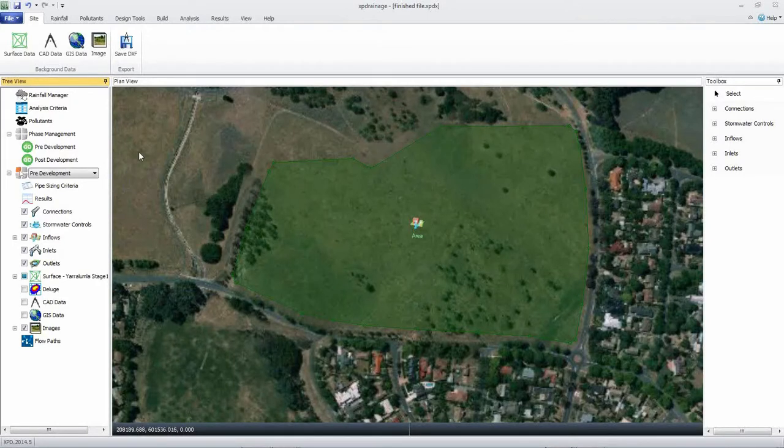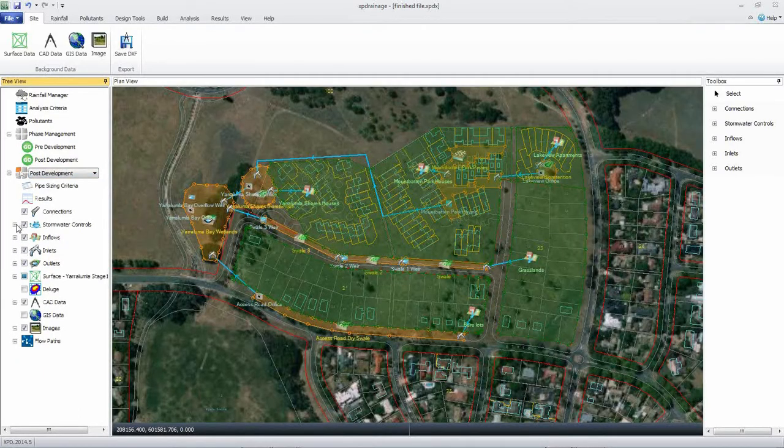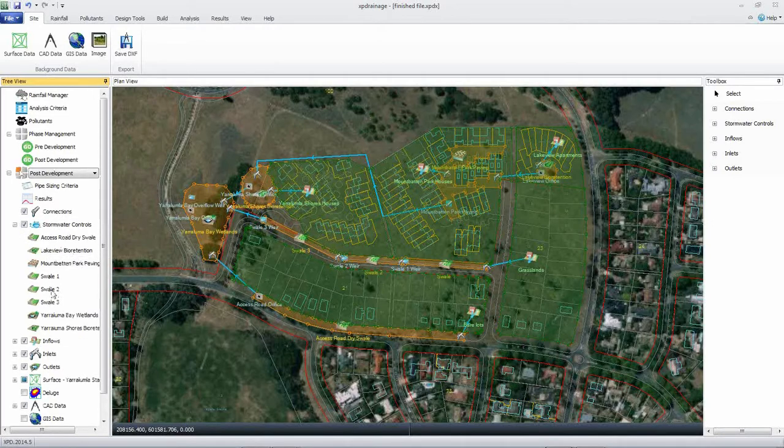You can see, if I just give you a quick orientation, on the left hand side we have what we call the tree view. This allows us to see all the objects on the site and interact with them in a similar way to layers work with, for those of you familiar with CAD and GIS software. So we can change our phases here to change what's displayed, look at the stormwater controls we have included, and so on. On the right hand side we have what we refer to as our toolbox, and this is one